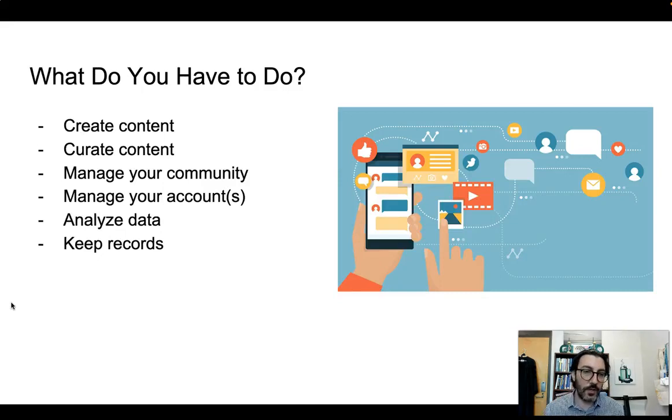So what do you have to do? This list should not be viewed as exhaustive or the exact sequence in which these things need to occur, but it provides you with some understanding of the amount of legwork that would be involved. The most common of which is to create the content. Whether you're recording a video or posting something on Twitter, you're having to write something or record something and then put it out there with the intent that other people see it.